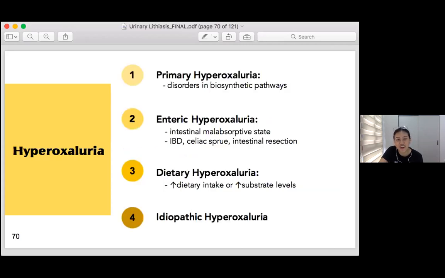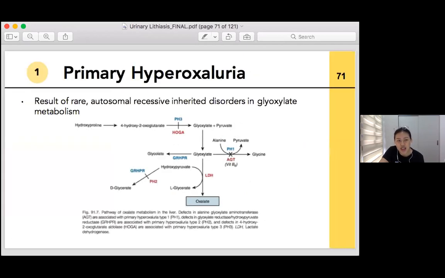So for hyperoxaluria, there are 4 different causes. It can be from disorders in the biosynthetic pathways, or primary hyperoxaluria. It can be due to intestinal malabsorption, like enteric hyperoxaluria. It can be due to increased dietary intake or high substrate levels, or dietary hyperoxaluria, and it can be from idiopathic hyperoxaluria. So for primary